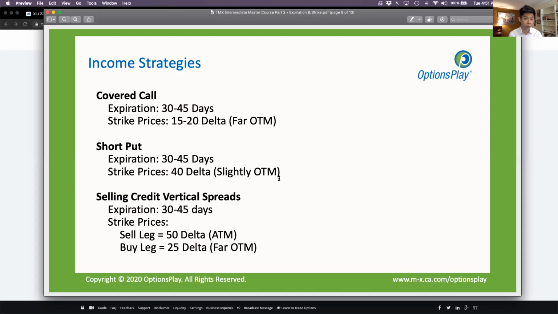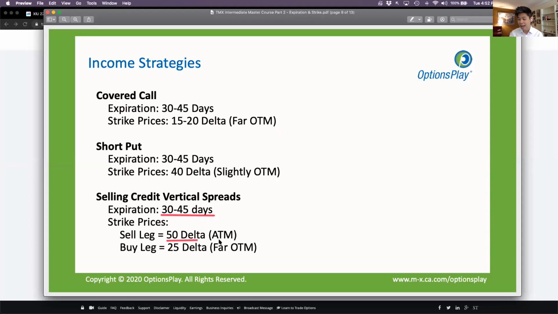This is a much more advanced strategy. This is something we're going to cover in our intermediate options course. Selling a credit spread is really similar to selling a short put or a covered call, but you're doing it naked. You're doing it basically without the intention of owning the stock or ever having the stock that you're going to deliver. So selling a credit spread involves selling, again, a 30 to 45 day option, not longer than that,